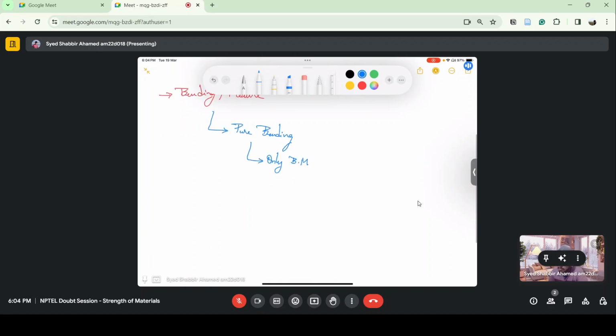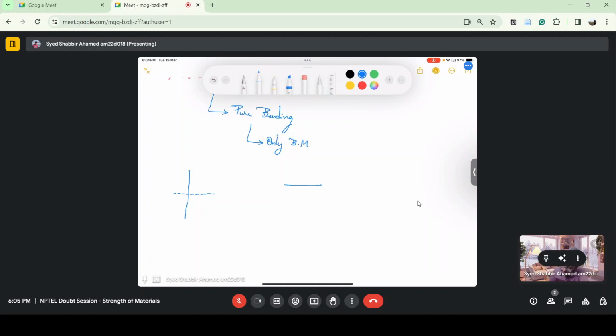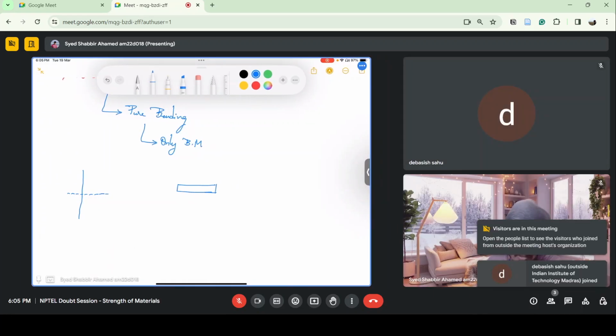So the first thing we have seen is that bending stresses vary linearly like this. Suppose I have a beam subjected to